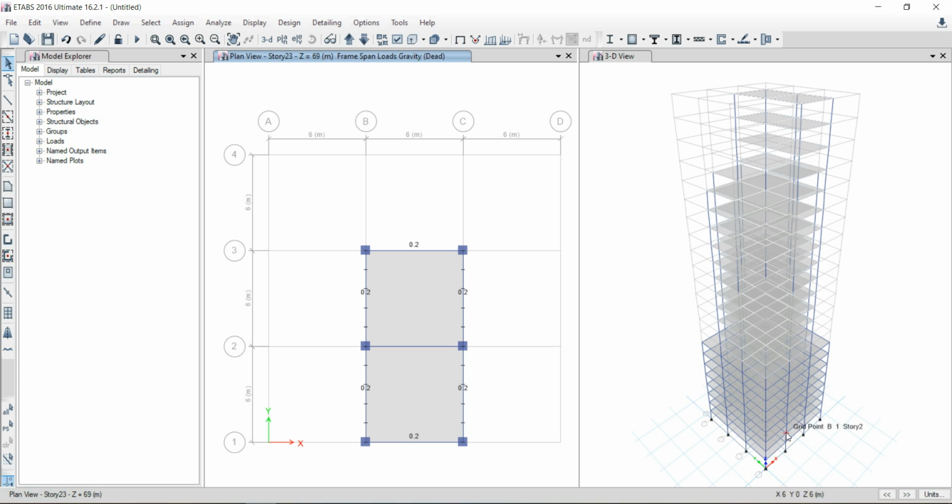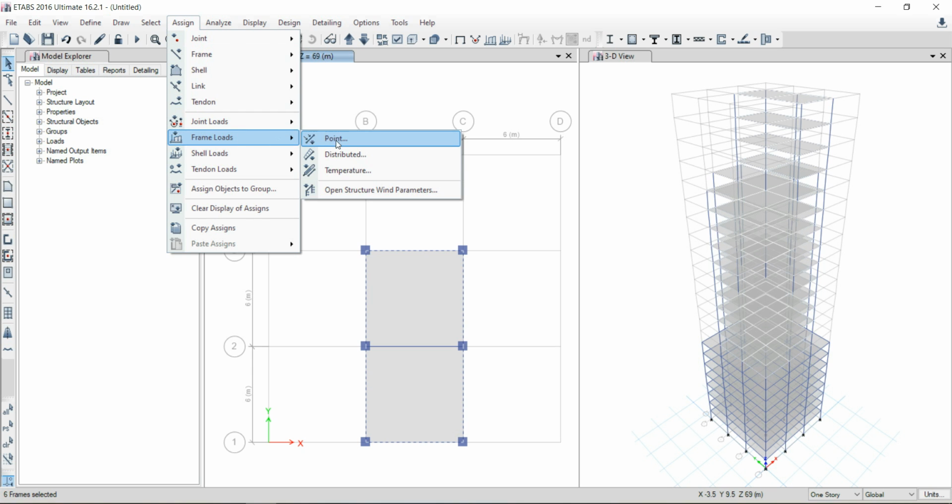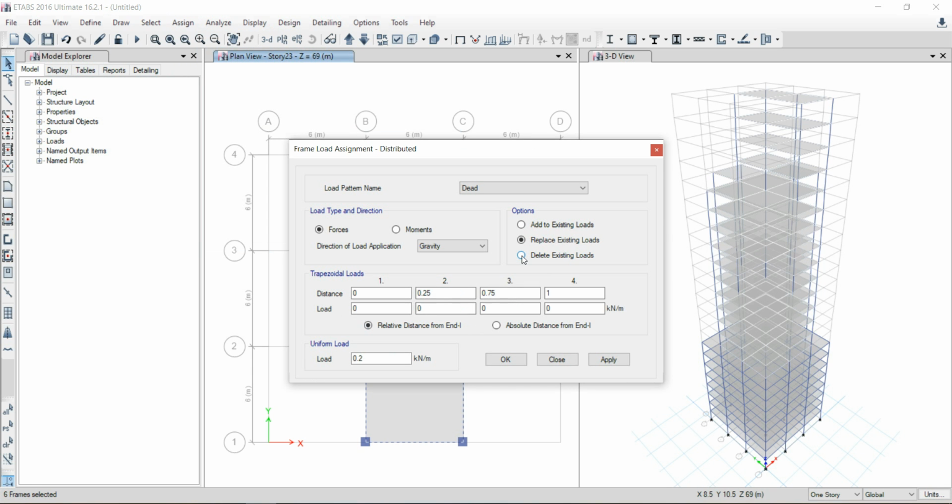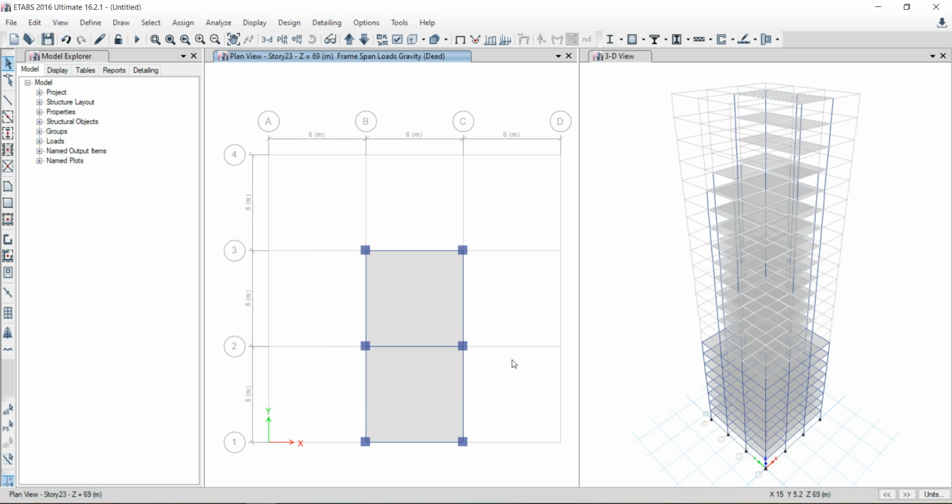You have to select the one story option. So we'll select one story option and then select the exterior beams as earlier. Go to assign, frame loads, distributed, and select the delete existing loads option. Click on apply and click on OK.